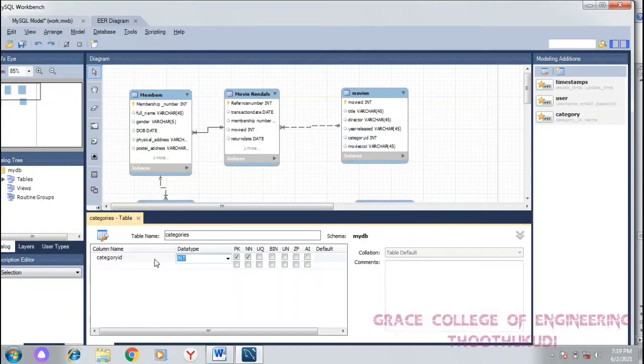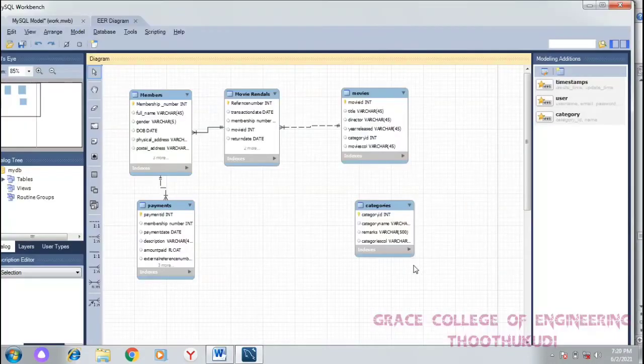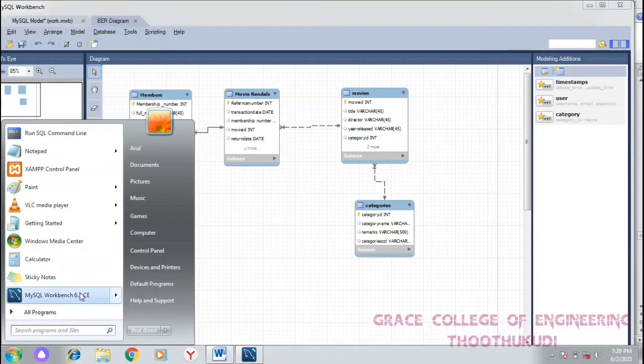Likewise you have to complete the table. Now the columns are added. Now we are going to relate the movie table with the category table. For that, click the 1 is to n, then click on the movie ID, and after that the category ID. The link will be opened automatically. So this is the ER model diagram.